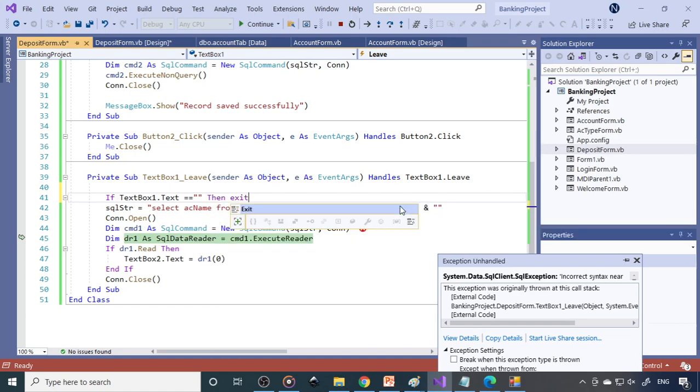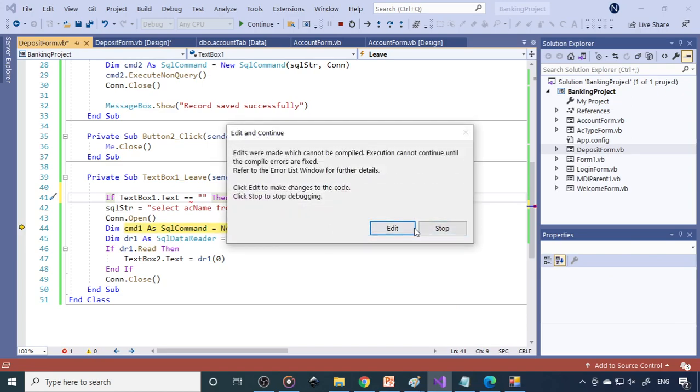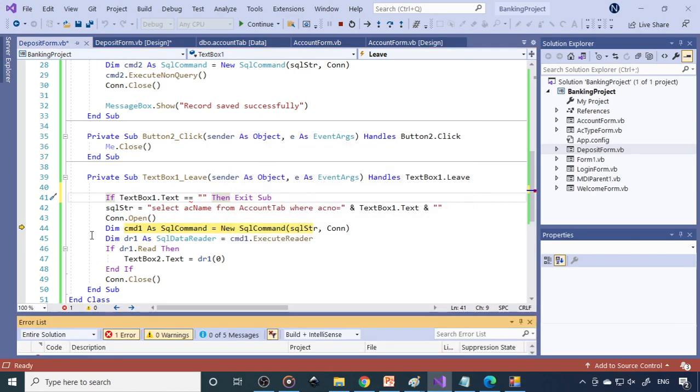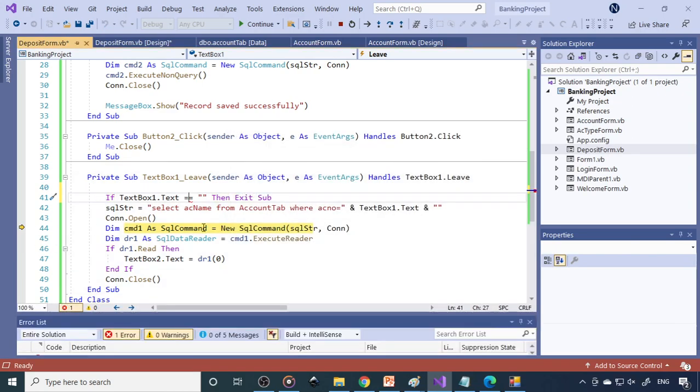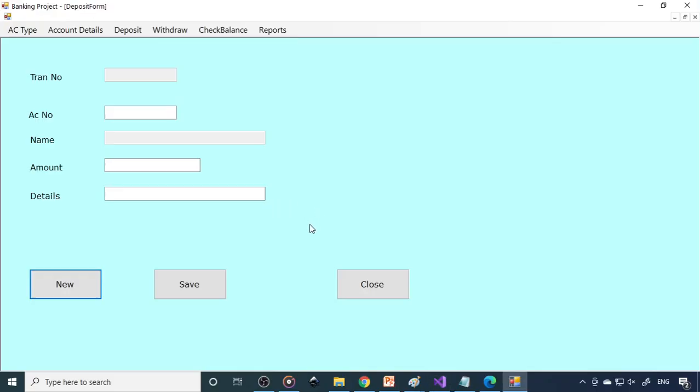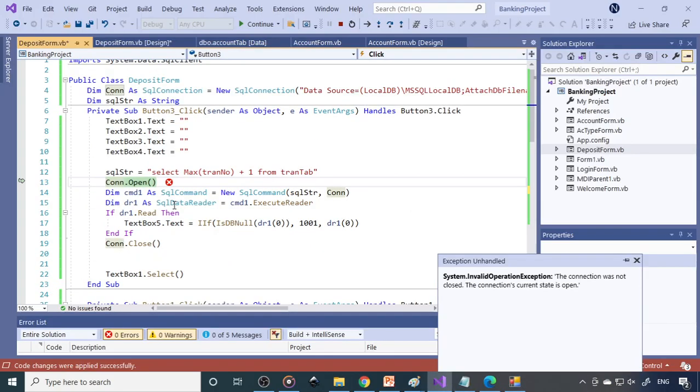We don't execute this. So we take the cursor up. You can do the debugging. So not 2 equal, 1 equal only. Now if you run it again from this point, this is okay. Now it will do the job.